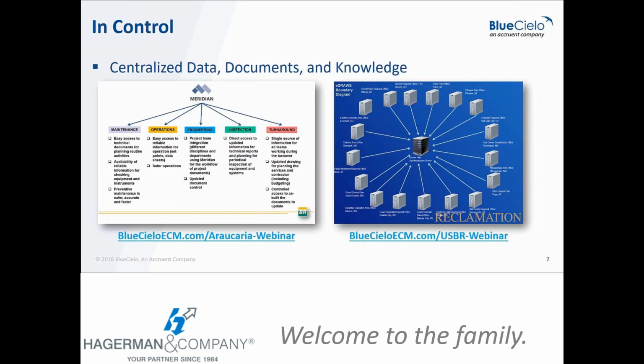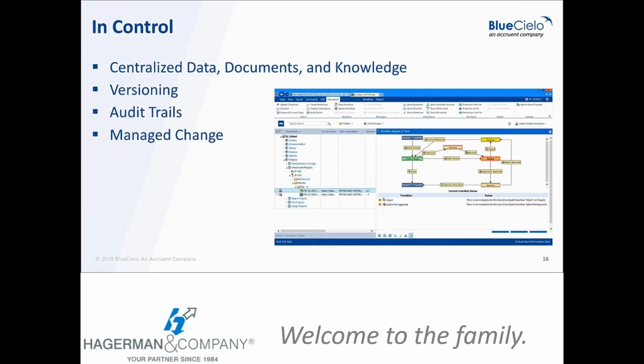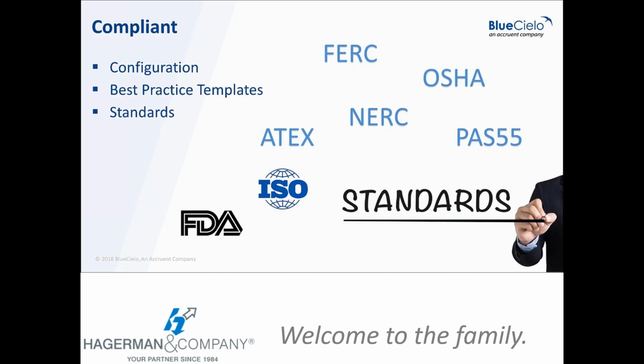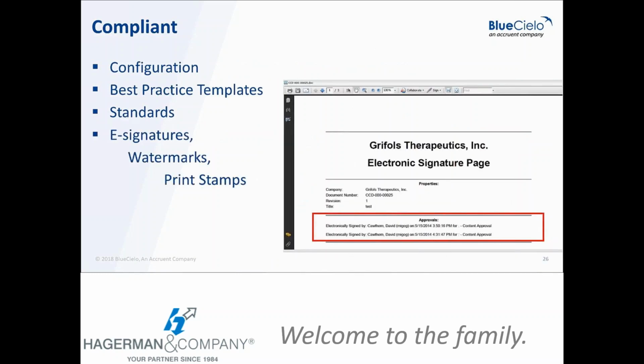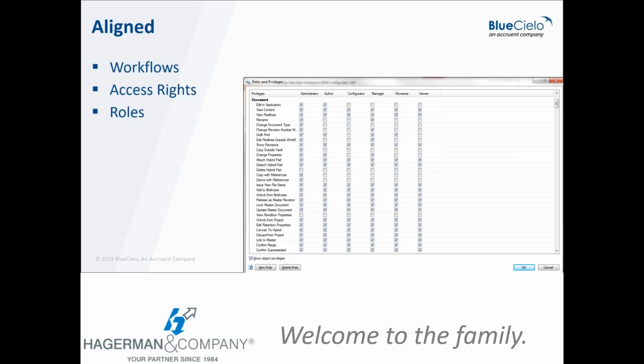Meridian gives you a centralized, secure location for all of your data, documents, and knowledge. Gives you document revisioning, revision history, document audit trails, workflows for managing change processes, including doing that from mobile devices, helps you be compliant to all kinds of industry standards, including features like electronic signatures, watermarks, print stamps, very much enhanced access rights and role-based security to documents and workflows, fully configurable,